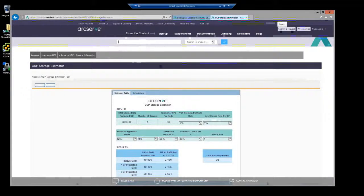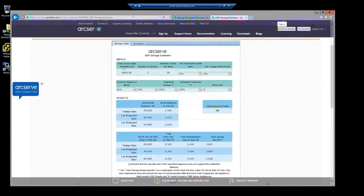I'll just go through this real quickly so I can show you some of the product. In that estimator, you'll see here 5 terabytes. Obviously, that's a number just made up. You can choose how many servers you're backing up and how many recovery points you want to keep. So for instance, if I was just backing up 3 servers and you have maybe about a terabyte worth